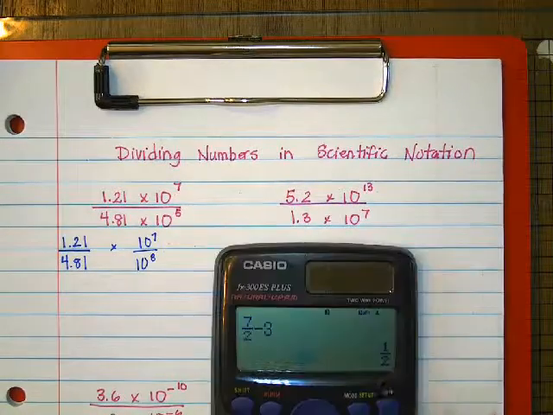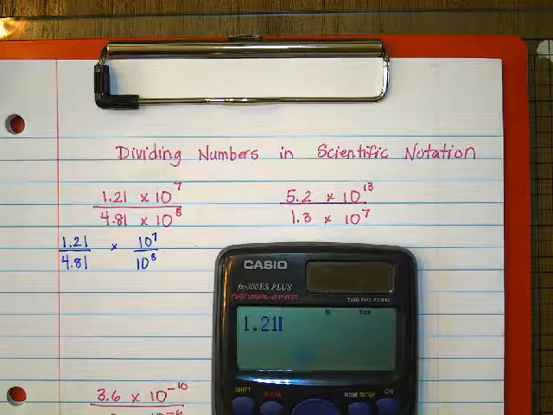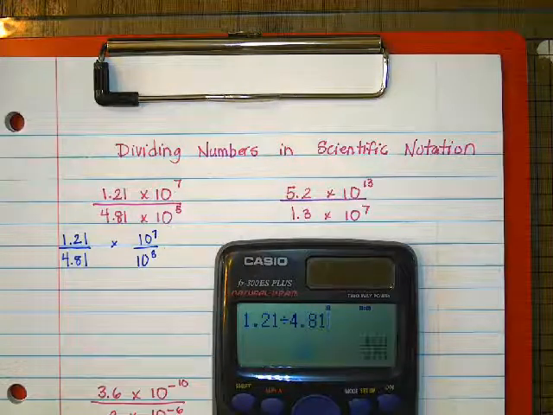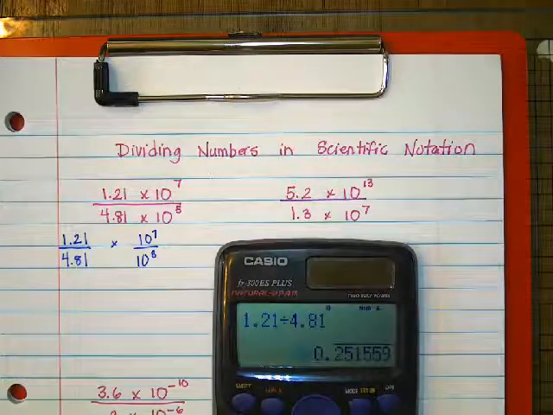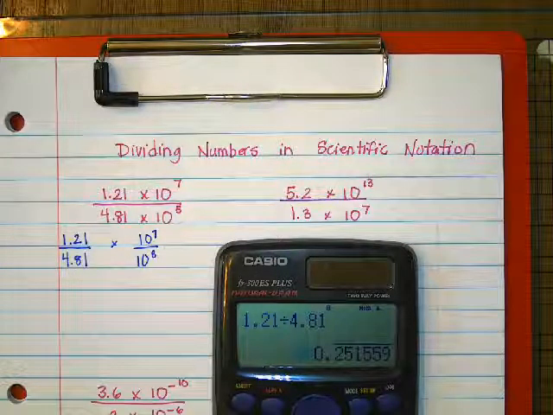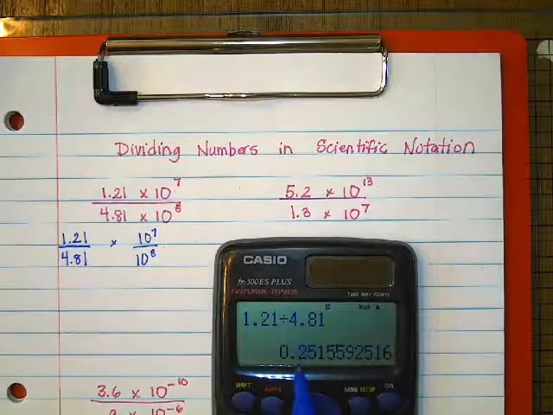So you break out your trusty calculator. You put 1.21, and you divide it by 4.81. You hit your equal button, and we'll change it to a decimal. You can see I get this long answer. So what I'm going to do is round to the nearest thousandth, which is going to make it 3 decimal places. So tenths,